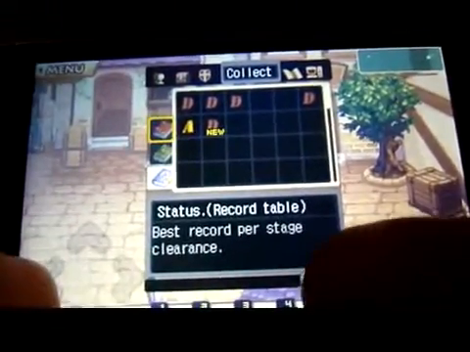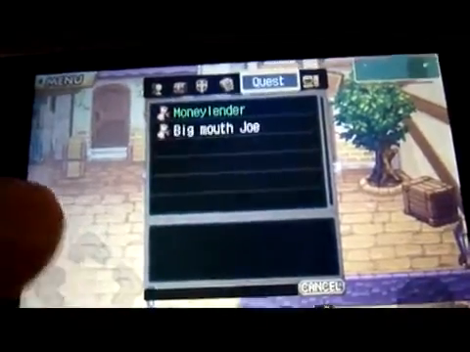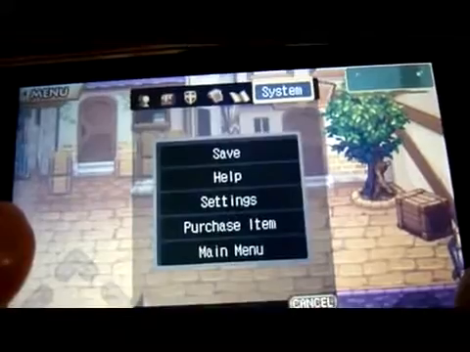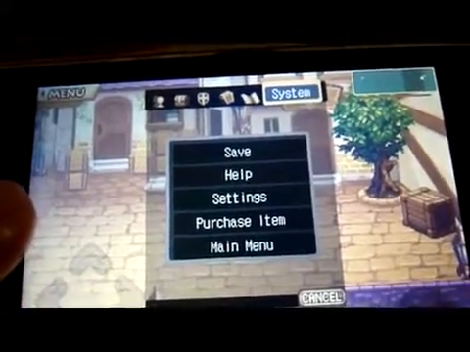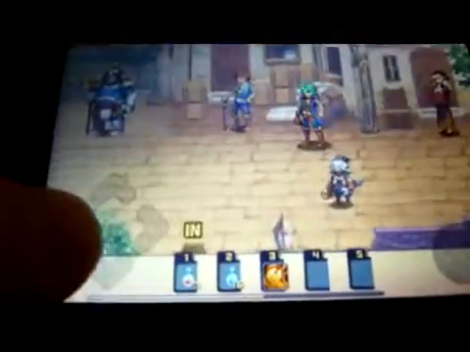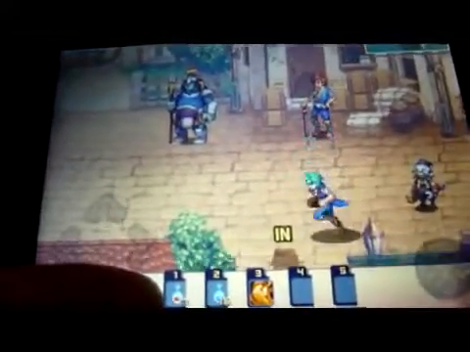Alright, so now the last section is the quests. When you do have quests, you can go in there and check them out, and the last one is the help settings and about, and go back to the main menu. Now what I'll do is I'll quickly give you a quick rundown of how the gameplay